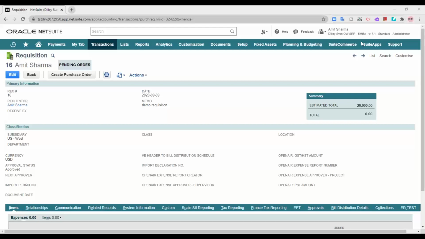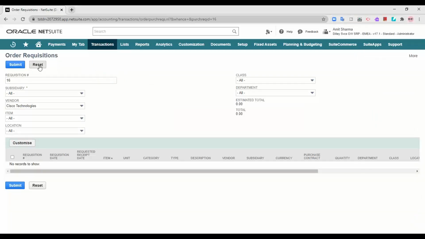I have selected the vendor. And I'm going to submit it. So as you can see, I have submitted my requisition. So that particular requisition by the vendor name has been submitted.